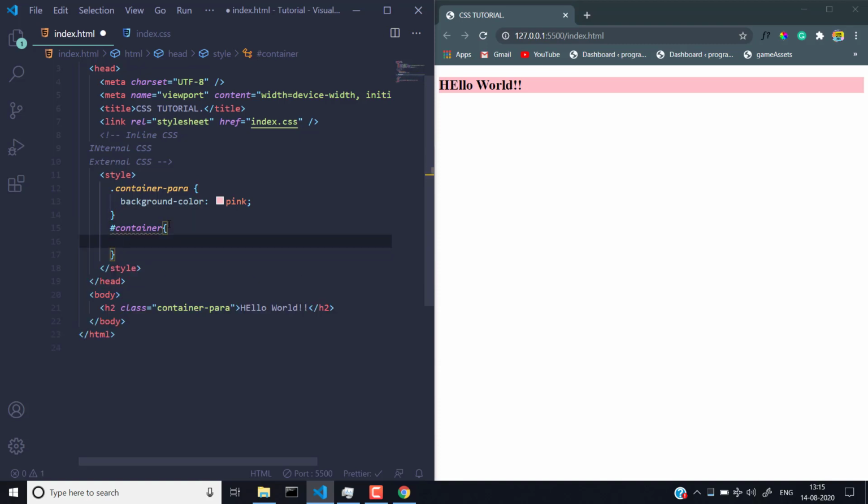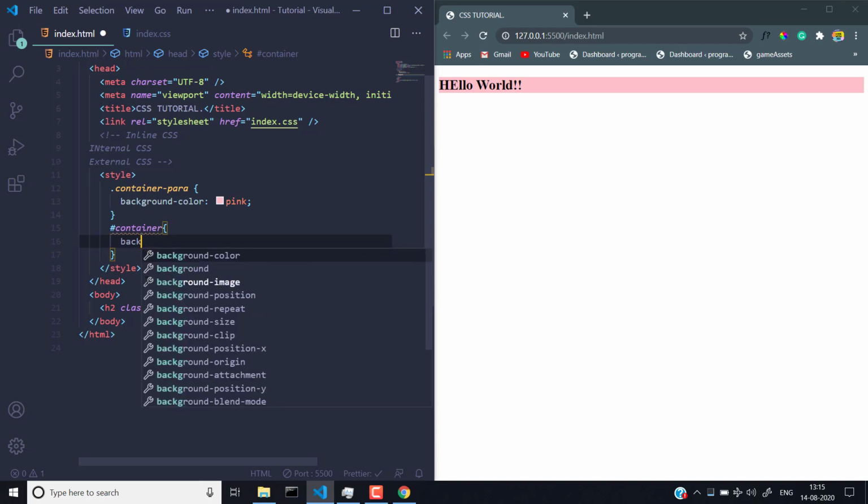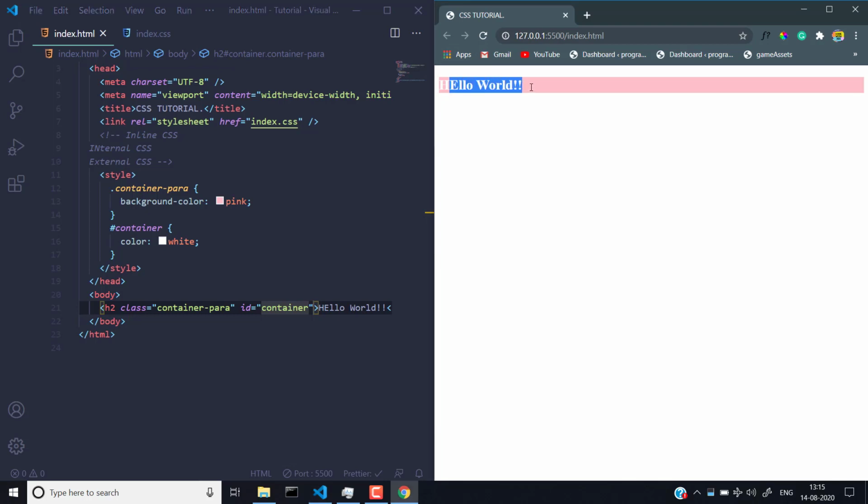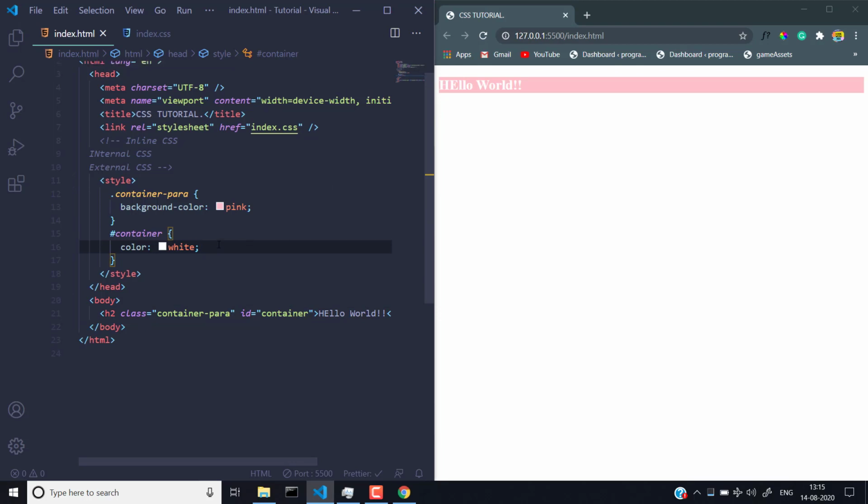And right here if I write curly brackets, and in my curly brackets let's talk about text color. Text color you could write by color and then define the text color. So let's define white color. So now if I save the file, the reason why it's not coming is I didn't give an ID right here. So let's give it an ID of container. And now if I save the file, you could see it got a color of white. So this is how you could give a color of white to our container of ID container, and this is how it all works.